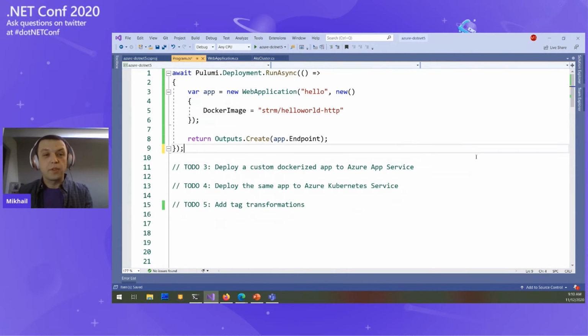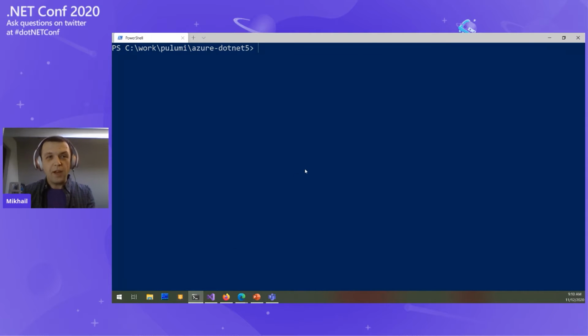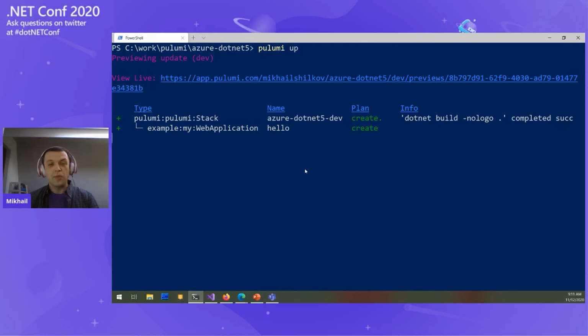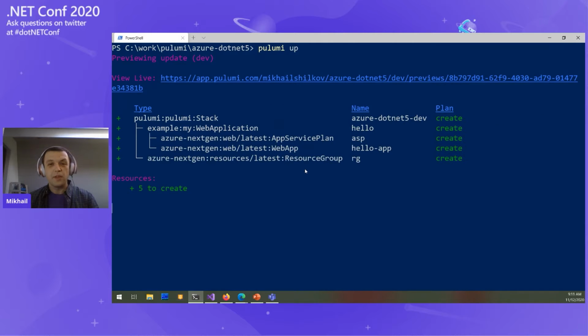And to execute this program, I need to jump to some sort of CLI. I have PowerShell open, but it can be any bash or whatever. And then I'm typing a command, pulumi up, and I'm in the same folder where my C# project is. So what this command does first, it would compile my project. It will then start my project, and it will show me the preview of what is about to happen in Azure